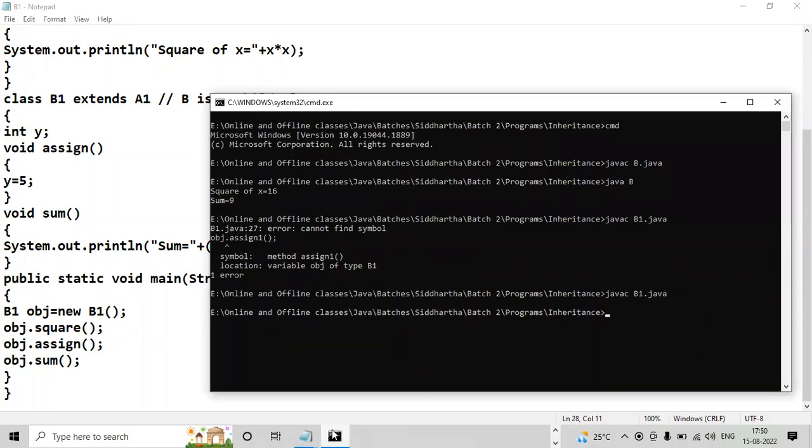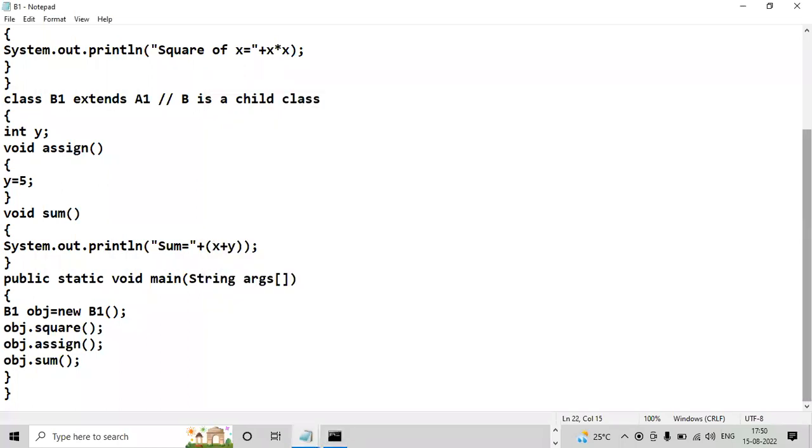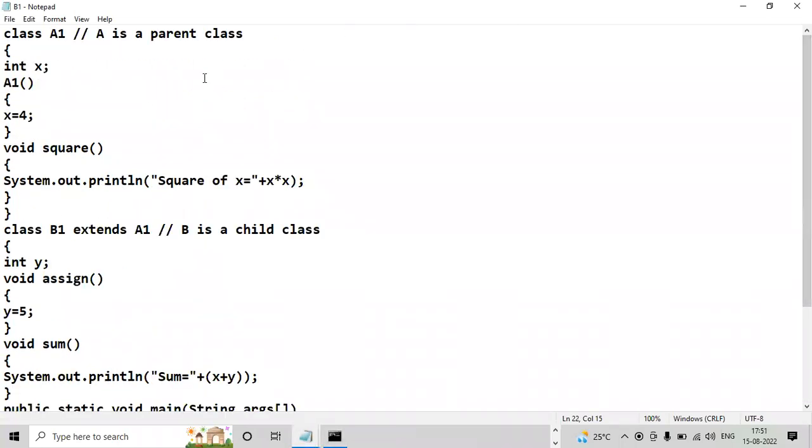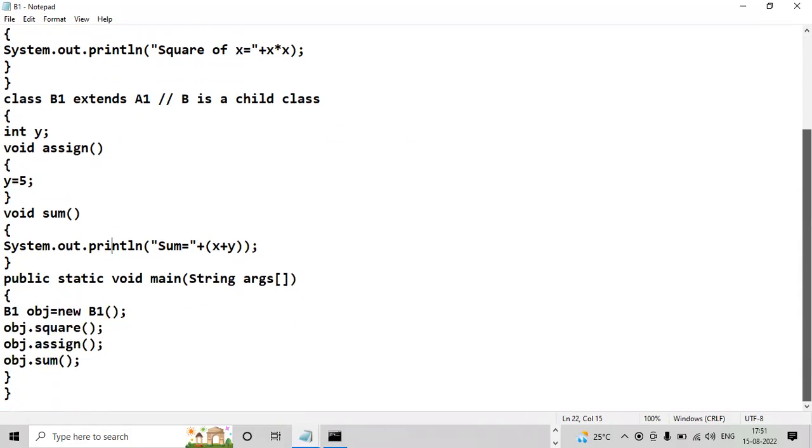Yes, I'll explain, don't worry, I will explain. No problem. See, this is a very good one. So you can place a constructor also. The thing is, what is happening here? Let us examine the code. Whenever you create an object,